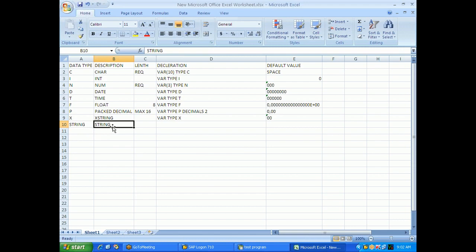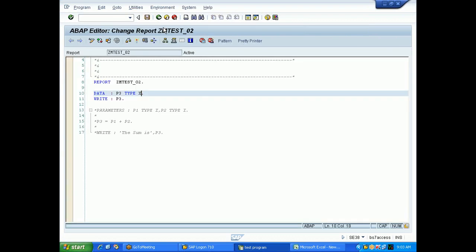Okay, so there is something called string. You can declare a variable of type string. The default value will be space. Say for example, I'll say string, save it, check it.